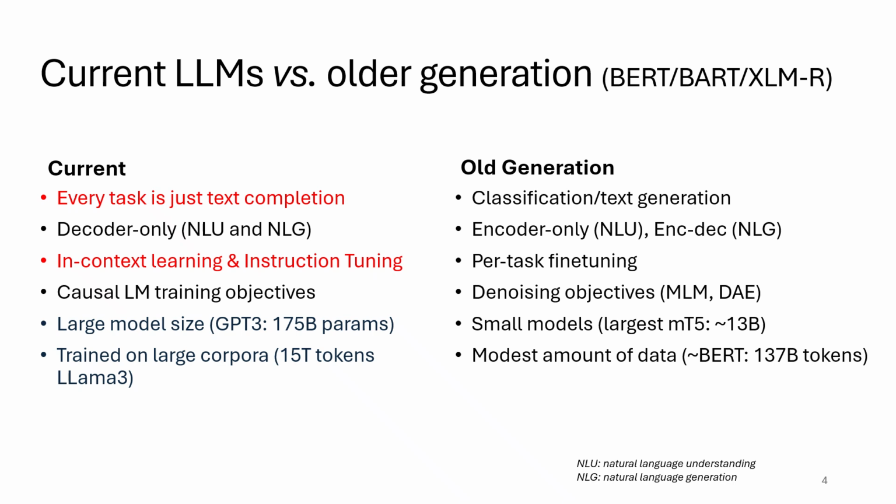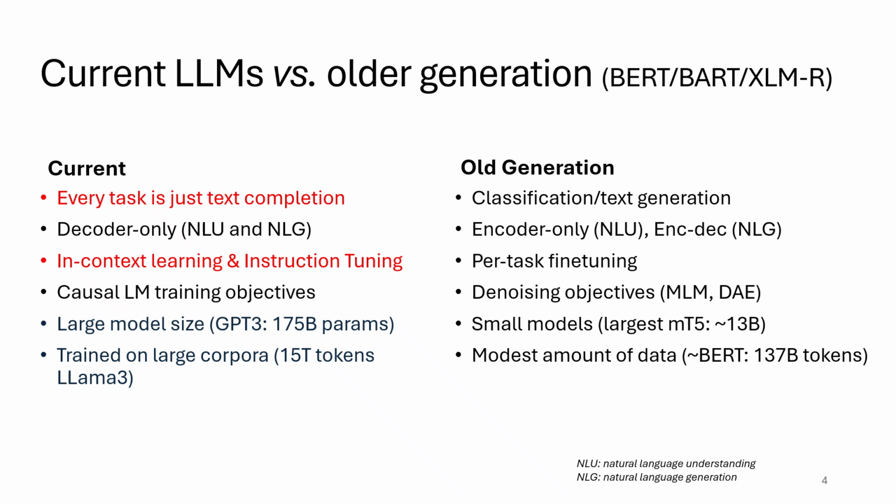Whereas the older generation of models were either encoder only or encoder decoder models, depending upon whether you want to do NLU or NLG, the current models rely a lot on in-context learning and instruction tuning so as to perform a certain task. They're not particularly trained for one task, but the model is capable and powerful enough to do a lot of tasks. The in-context learning or instruction tuning helps to align the model, make it understand instructions, and align